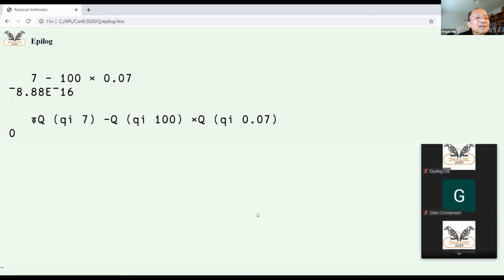Here I specify that I want floating point numbers of 80 significant figures. And then like the rational numbers,